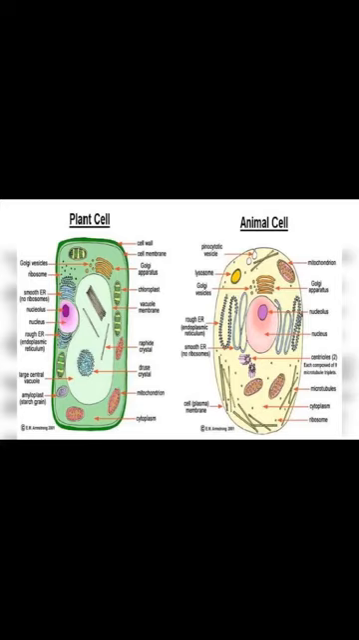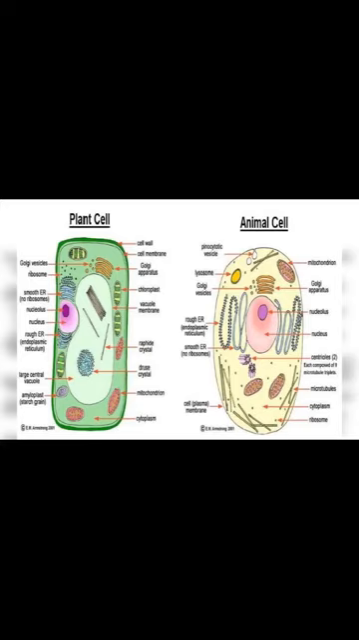A plant cell consists of chloroplast, which animal cells do not have. Plant cells are rectangular in shape. Animal cells are circular in shape. Plant cells have chloroplast. It is absent in animal cells. The main difference between the plant cell and animal cell is